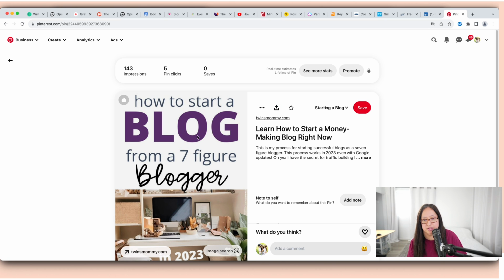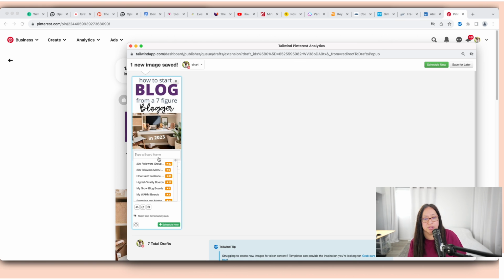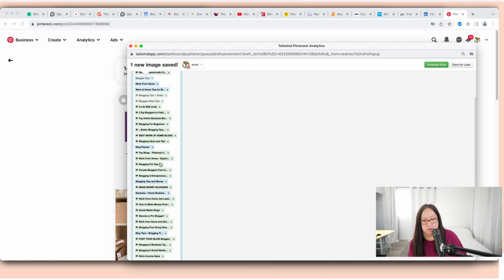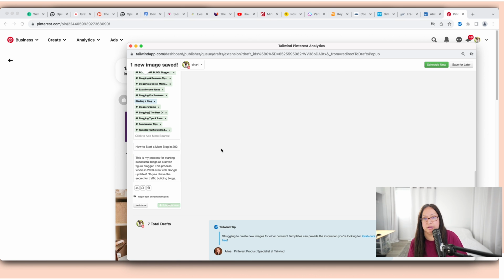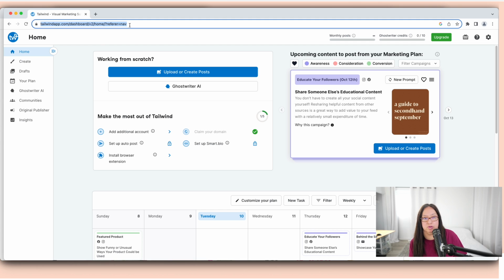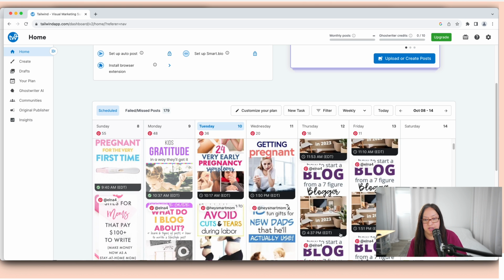So just on my profile here, I can just pick one. This has 5 clicks, so I can schedule this here. Just in this method, I can pick the boards that I want to put this in. So I will say this one and that one, and then schedule now. That's how I would do it. Just pick a couple of pins and do that. And if I go to home, refresh it, you can see that it's already scheduled now for Thursday and Friday,